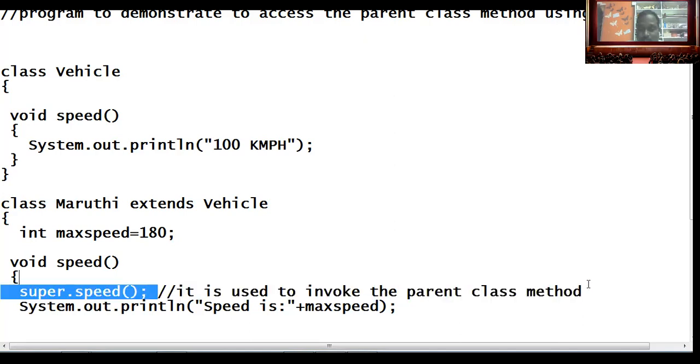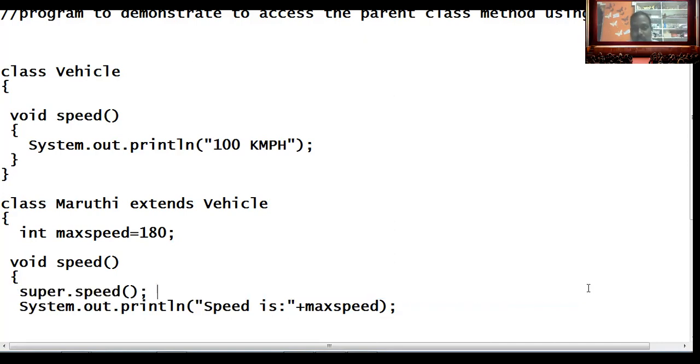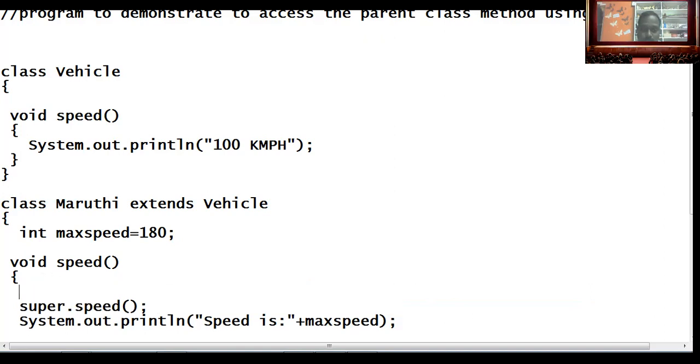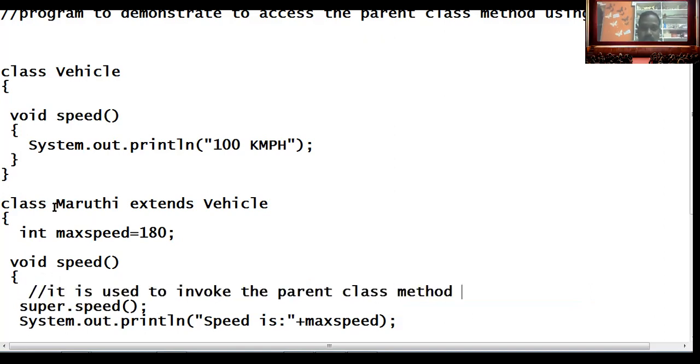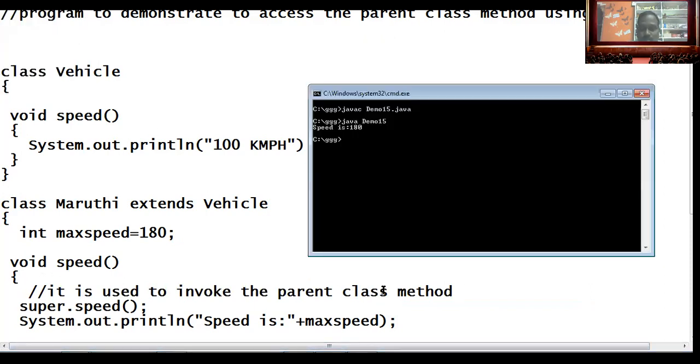Write the comment here. I'll save the code. Then I'm going to run the code now.